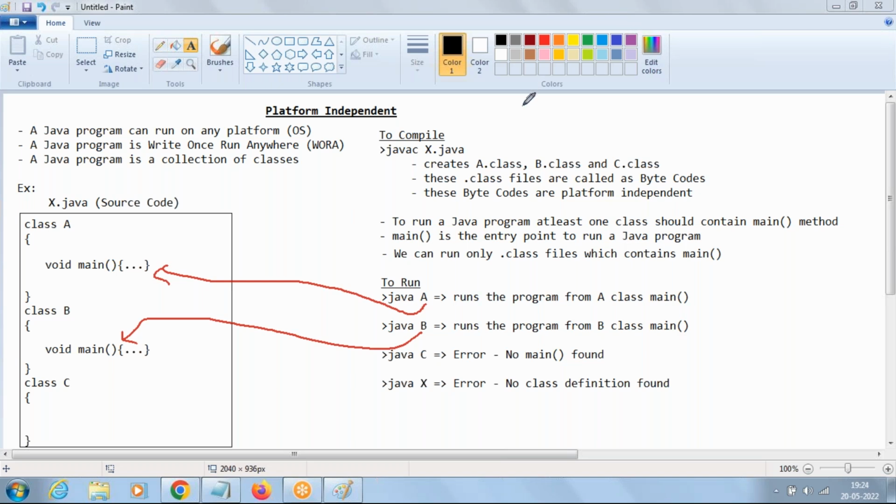Clear this point, all of you? I'll be showing all these things practically in the next class. In the next class, every point will be shown to you practically. Right? Any questions up to here? Right. Now,